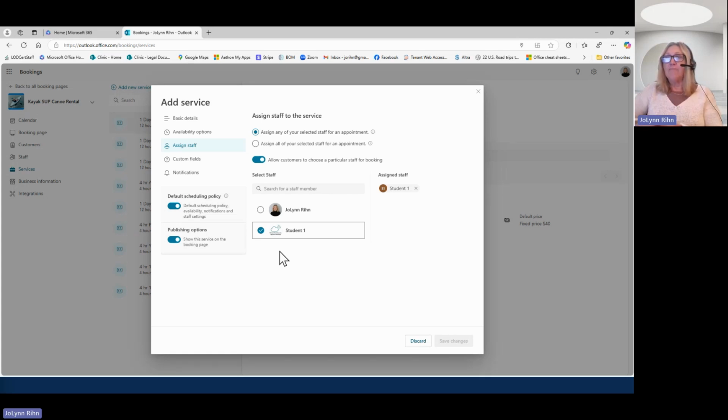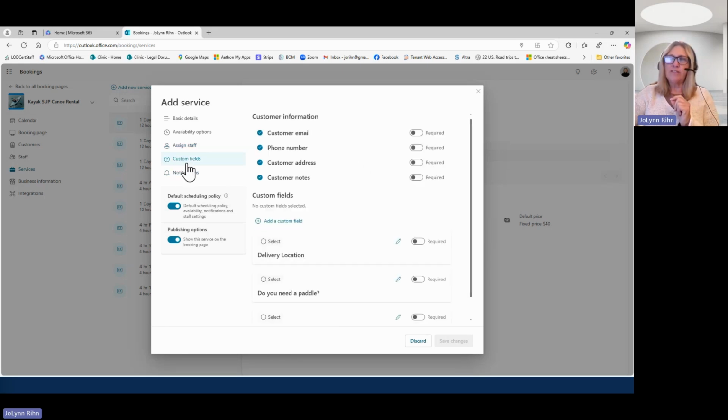So they could see that. But anyway, it could be multiples because it could be one of these people who's ever available. It would go to them. So maybe Student 1 and Jolene are the people that would handle that type of service. We could choose multiples. And just so you know, on the left-hand side, a little bit more advanced for today,